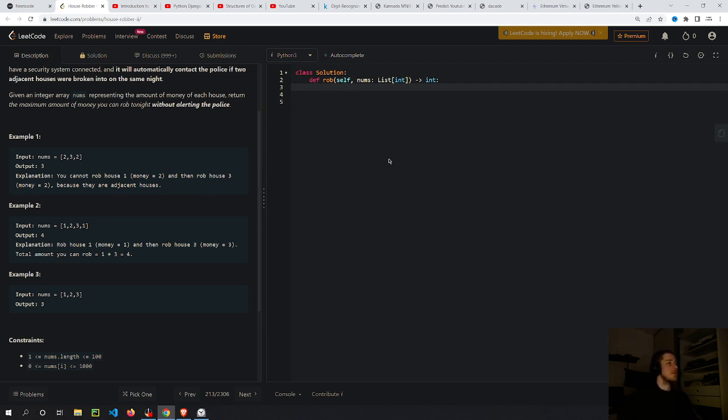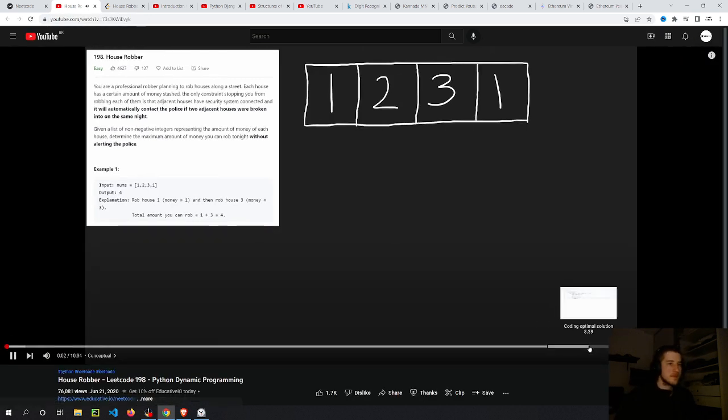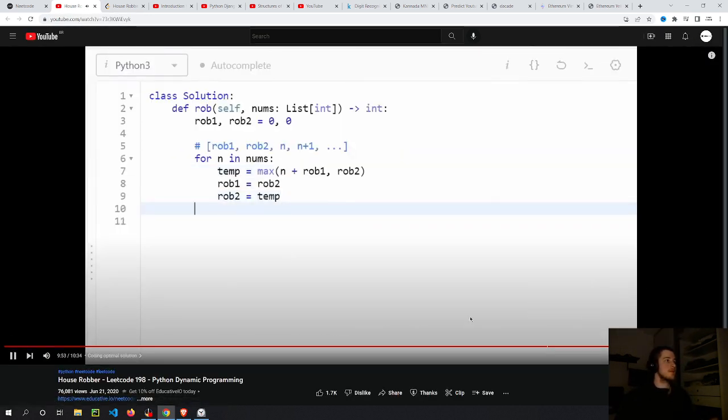So it's pretty much the same problem, but the beginning. So let me try to see if I remember. So temp max, rob1, rob2 plus n. It's going to be pretty much the same thing as the other one, but the only difference is the end there. Next we can rob at the end. We want to return